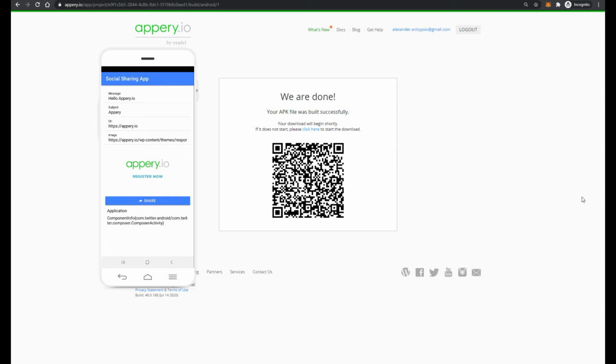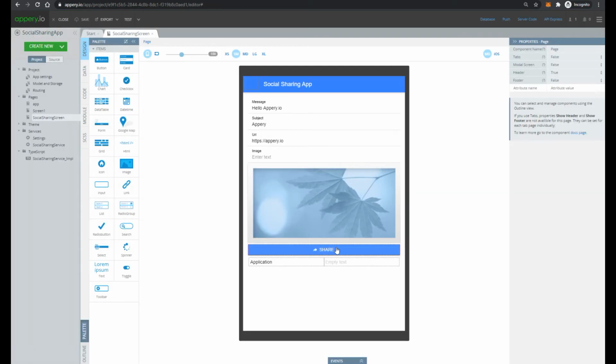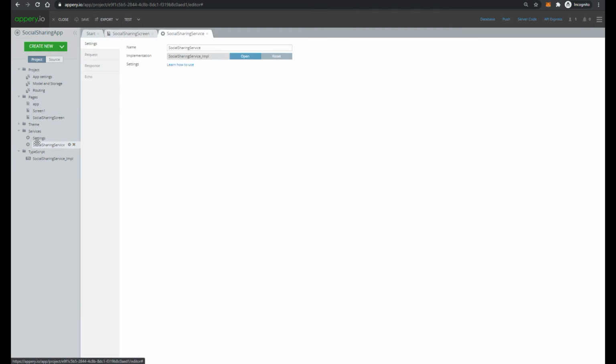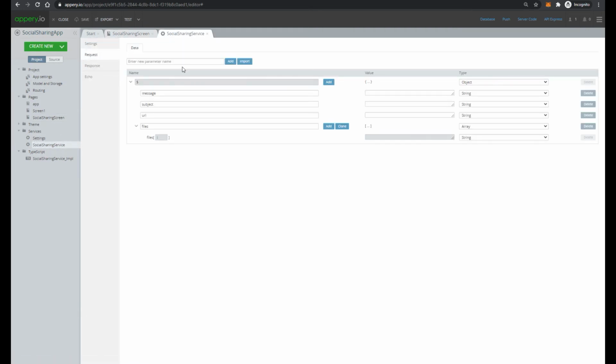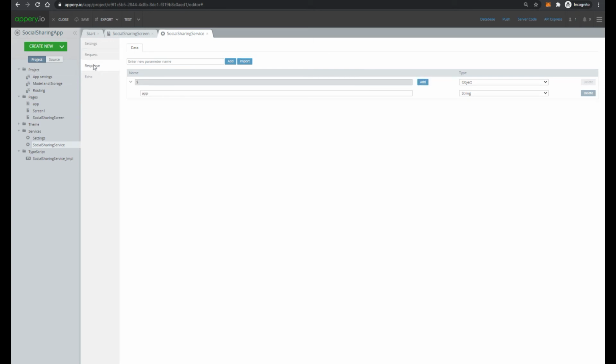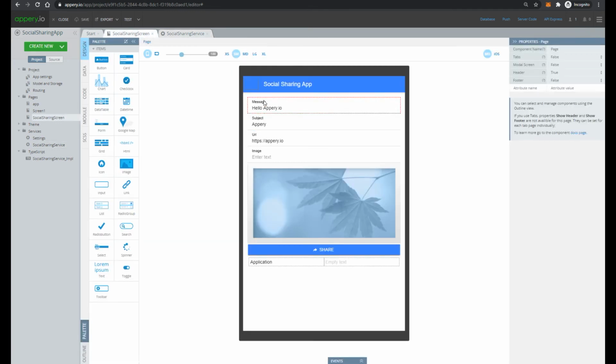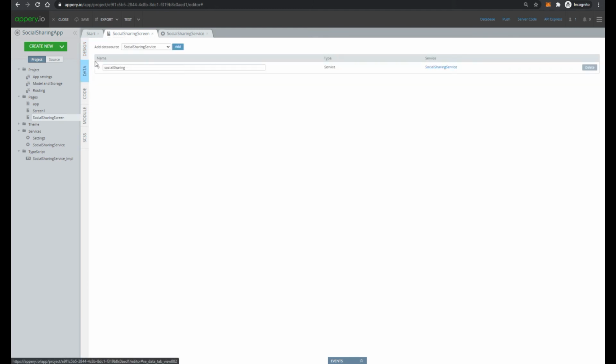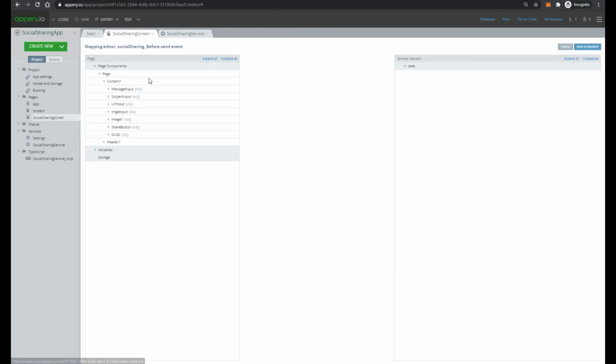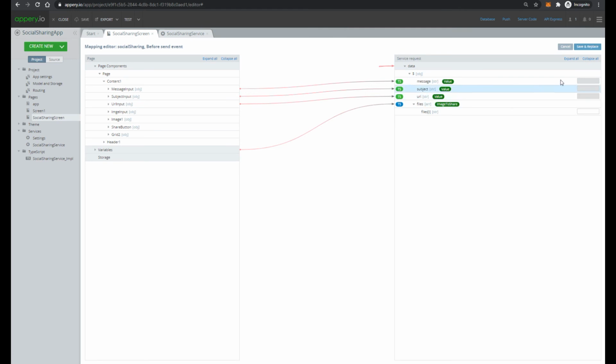Now let's take a look at how this application works. It has only one service, the social sharing service, which accepts four parameters: message, subject, URL, and an array of files. The response has only one field, the name of the application which was used for sharing our message. The UI also is very simple. For input fields, one data source, and mapping from our input components to request parameters of our service,